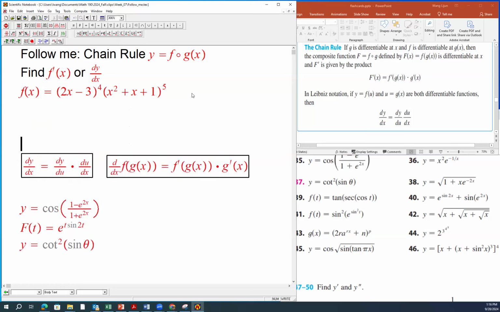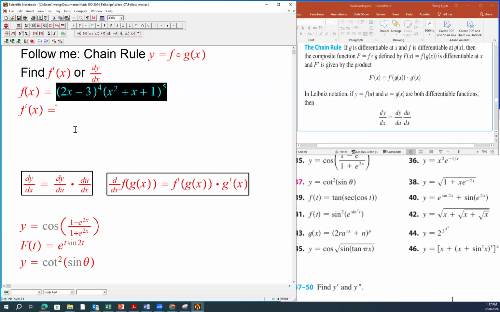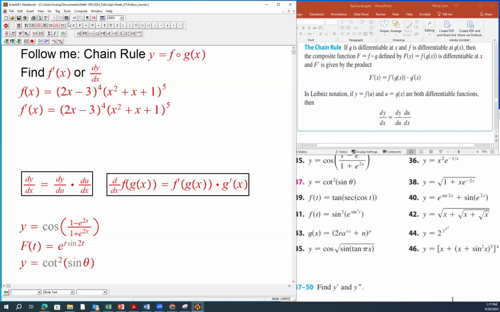Okay, so we're going to use the chain rule. But before we use the chain rule, you can see this is a product of two functions. So we're going to actually have to use a product rule first. Okay, so first we're going to have f prime of x, right? So the derivative of 1, right? So basically this, I'm going to show you this. You basically write down these two,